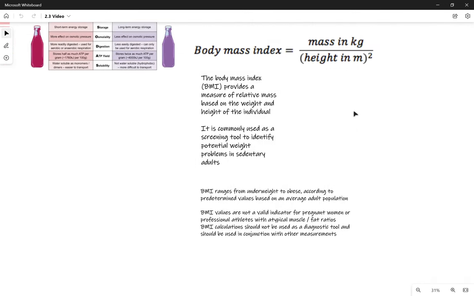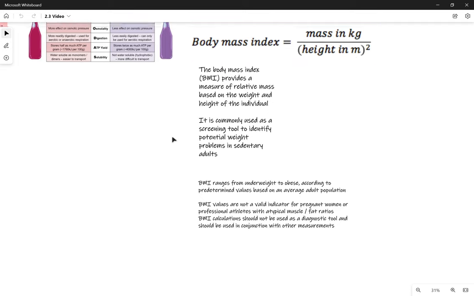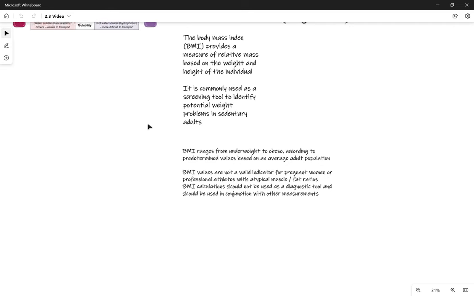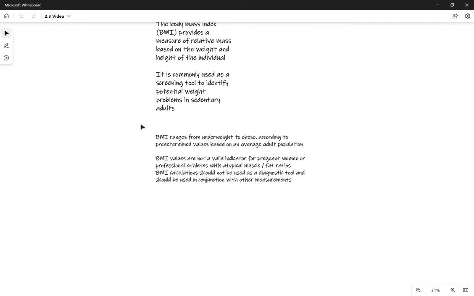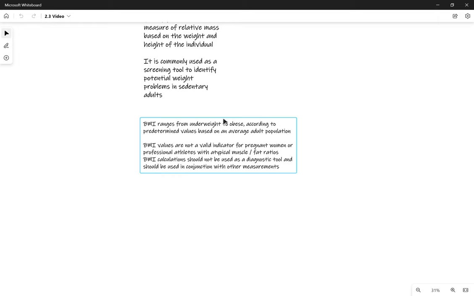Finally, body mass index, calculated by mass in kilograms over a person's height in meters squared. So that provides a measure of relative mass based on the weight and height of the individual, and it's a commonly used screening tool to identify potential weight problems in sedentary adults. So the ranges for numbers range from underweight to obese according to predetermined values,